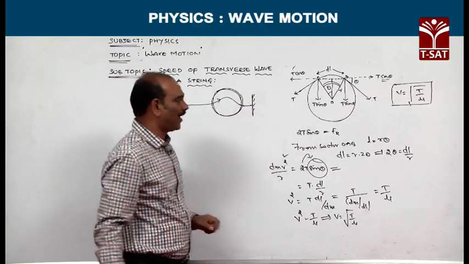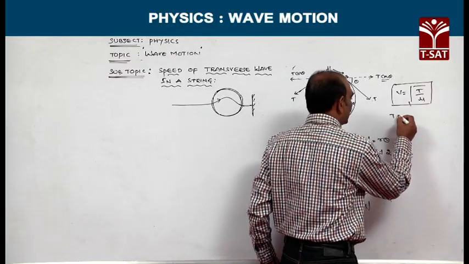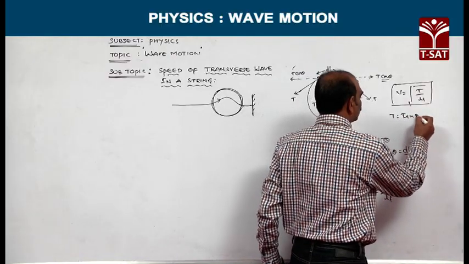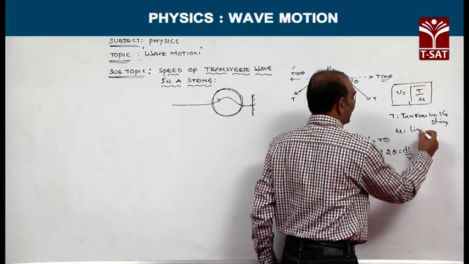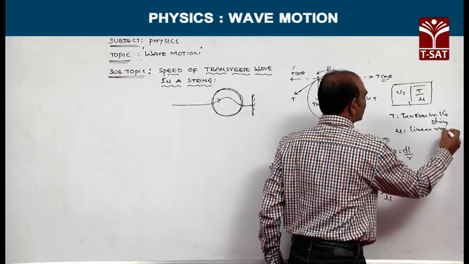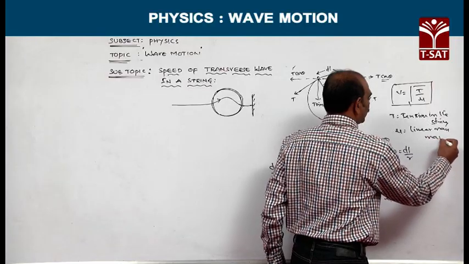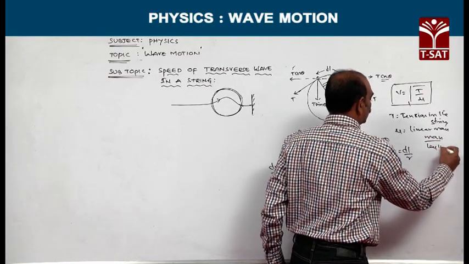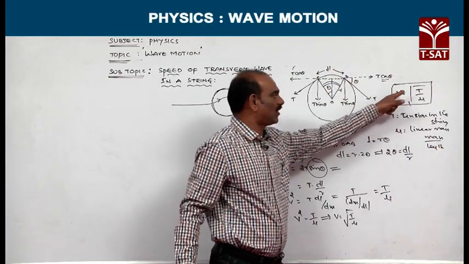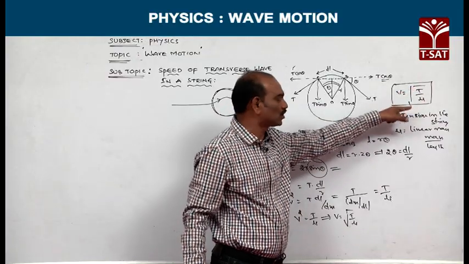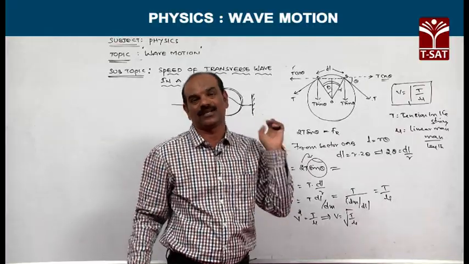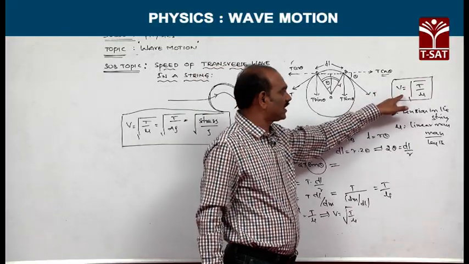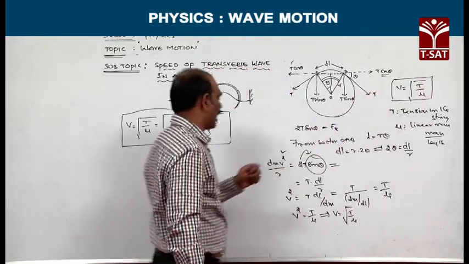string, where T is the tension in the string and mu is the linear mass. Linear mass is nothing but mass per unit length, which is total mass by total length. So v equal to root of T by mu can be used to calculate the speed of a transverse pulse propagating through a stretched string. The speed of a transverse pulse, v equal to root of T by mu, can also be replaced